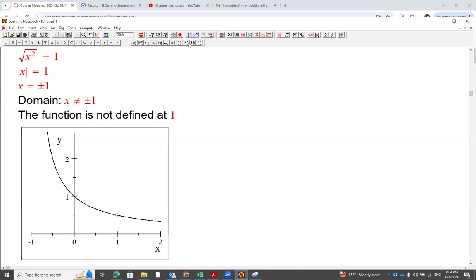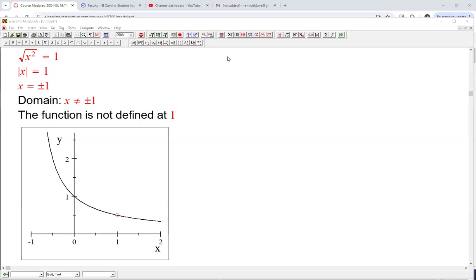The input could be as close as possible to 1, even though we cannot assume the input equals 1. So in this case, from the graph, it looks like when x is getting closer and closer to 1, the function's value, hold on, let me